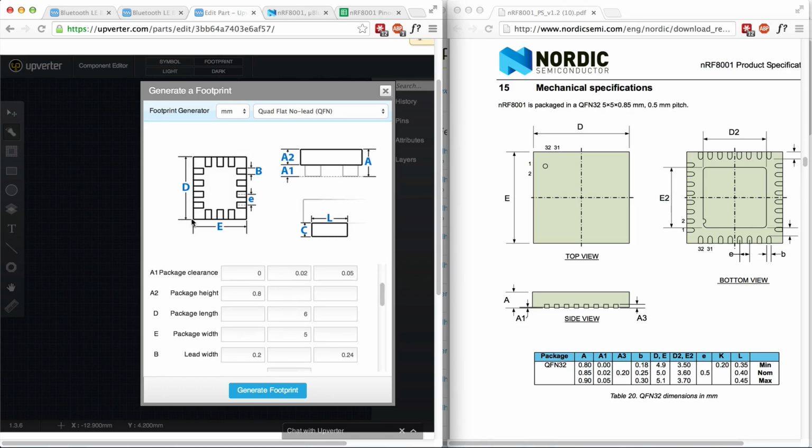Here we call it D in Upverter. In this data sheet, they're calling it E. But you can see that since the package is square, E and D are the same, so it actually doesn't really matter. So we're going to do 4.9, 5.0, 5.1, and again,